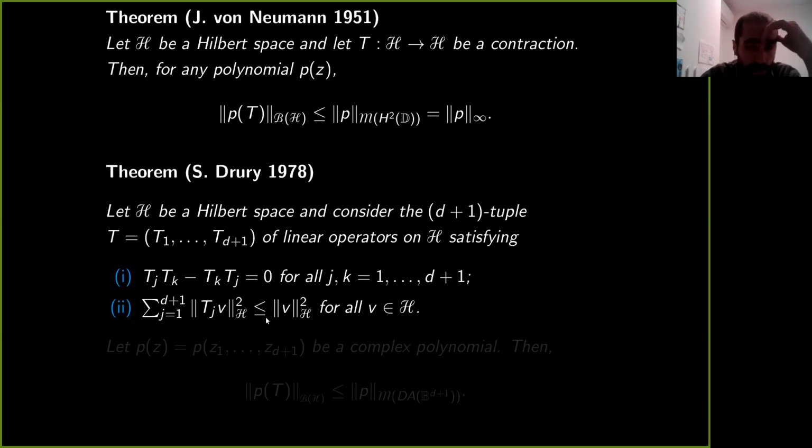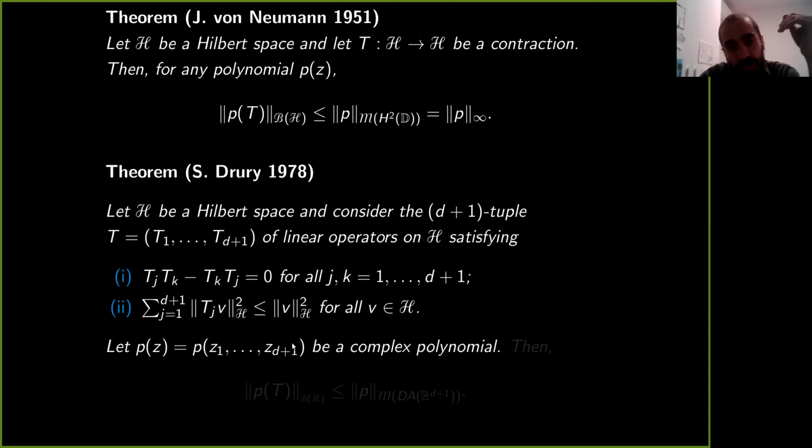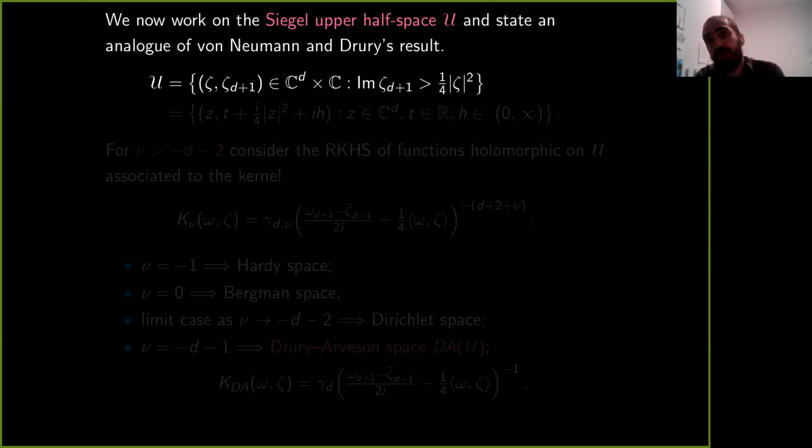Okay, this inequality holds. And now we know that if P is a complex polynomial in Z1 to ZD plus 1 variable, then the norm of P(T) is controlled by the norm of the multiplier operator associated to P as a multiplier acting on the Drury-Arveson space. So what I will do in the next minute is to give a result of this kind in the setting of the Siegel